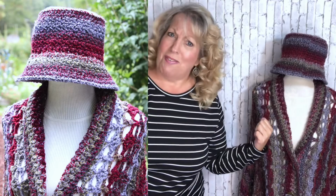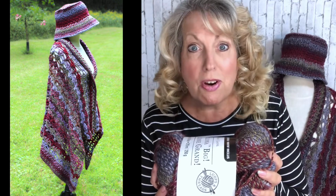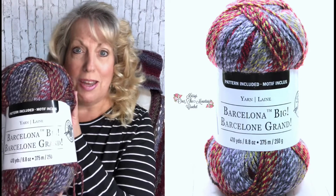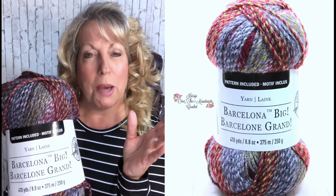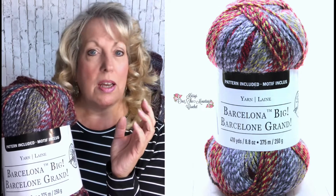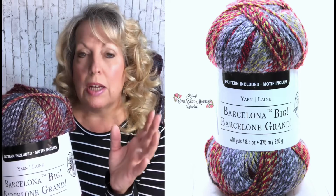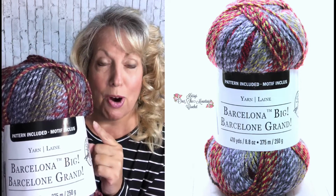Now, look at this lovely set. I created this, life happened, and I had to put it on the shelf, but I've pulled it out. I'll be releasing the crochet patterns for those, but I want to talk to you about the yarn that I used. The yarn that I used is no longer available. It's been discontinued. I think you'll still be able to purchase it for a time on Etsy and eBay, those folks that sell yarn,